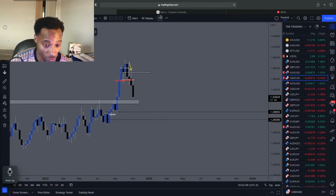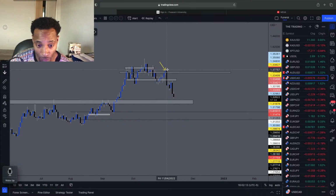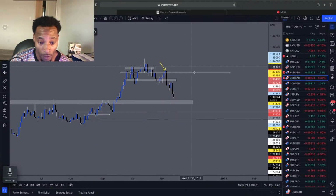Just simple market structure. And if we drop down to the daily time frame, you can see that exactly what we wanted to see: a move to the downside, come back, retest this area, continue to the downside, possible more moves to the downside if we do actually get a retracement going into next week before the market comes down and retests some of these levels. But since the market is so close to some of these levels, might probably wait for it to get in here and then decide whether the market's going to continue to the downside